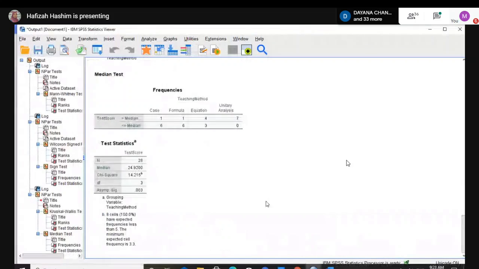All right, what else? The output also has the median test, or we call it Mood's median test.